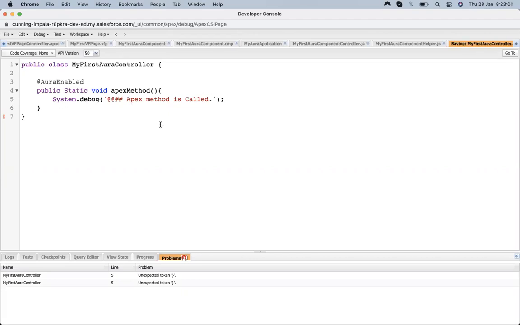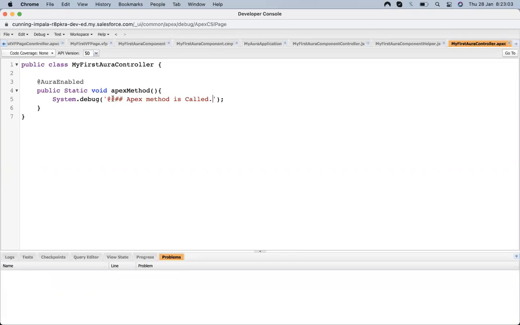I created a method, the name is Apex method, and I'm going to call this method from my Aura component. So let's copy.